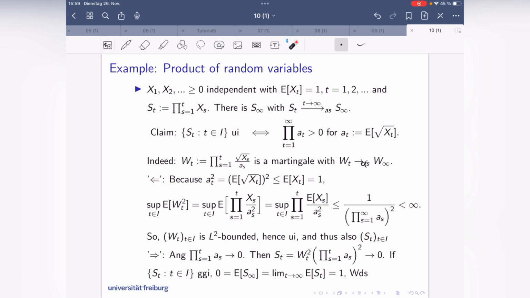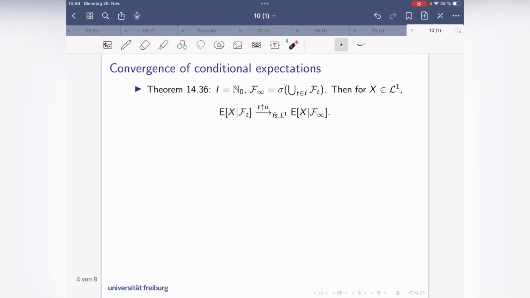Now, if S_t would be uniformly integrable, we would have that the expectation of S infinity converges to 0. If it would be uniformly integrable, L1 convergence would follow, but then 0 would be 1, which is a contradiction, so it cannot be uniformly integrable. And we have shown this nice result. Okay, let's go on